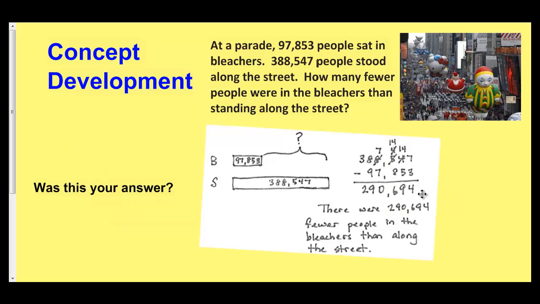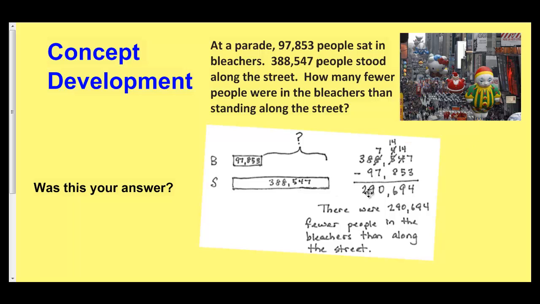This is your answer. So you can see that B stands for bleachers. This is how many people in the parade were in the bleachers, you can see it's much smaller than how many people were standing on the street. So we're trying to figure out how many fewer people were in the bleachers. So again, if I can figure out what I have to add to 97,853 to get 388,000, then I'm going to have my answer. So the easiest way to figure this out would be